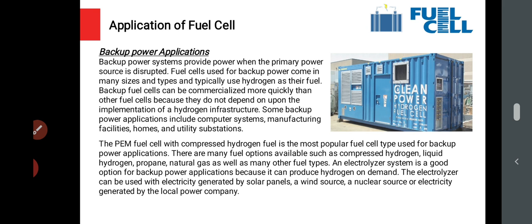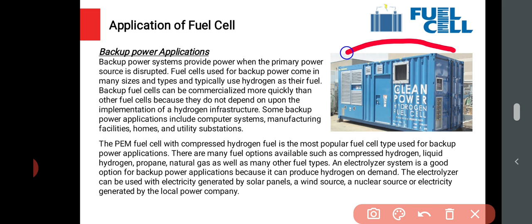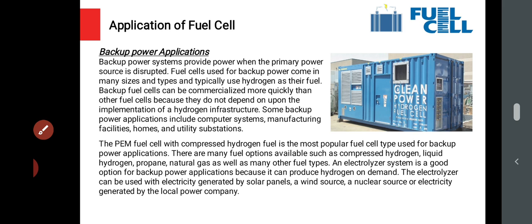The primary power, if you can use it as a backup power system, so that when your primary power system fails, you can immediately run this fuel cell and generate power. The PEM fuel cell with compressed hydrogen fuel is the most popular fuel cell type used for backup power application. And there are many fuel options available: compressed hydrogen, liquid hydrogen, propane, natural gas, as well as many other fuel